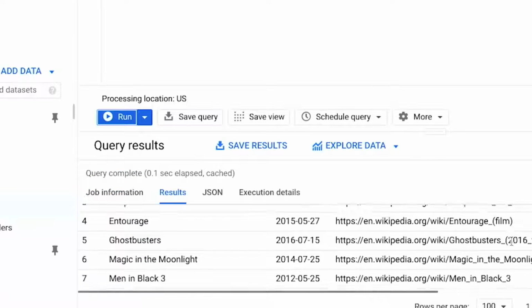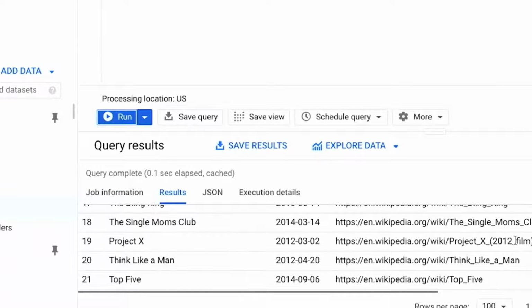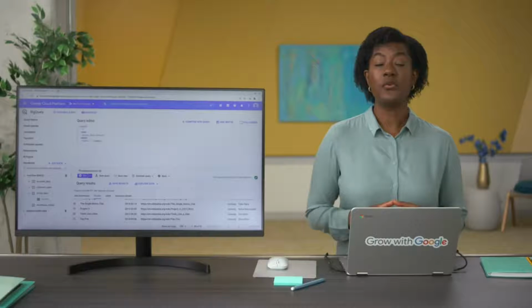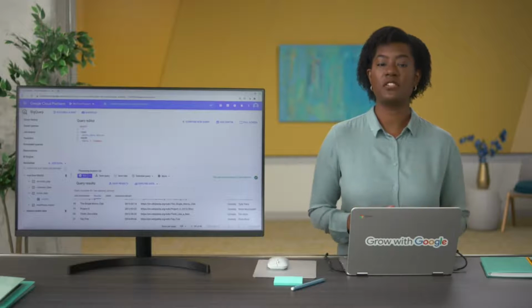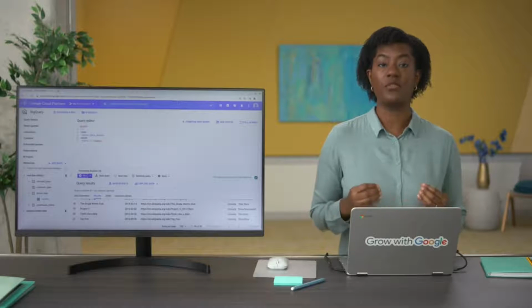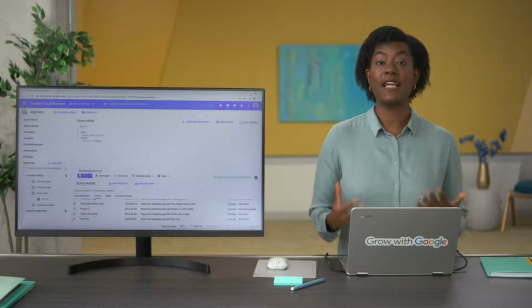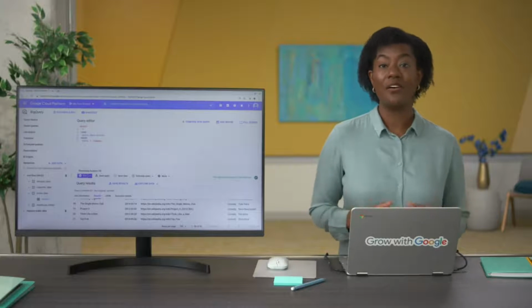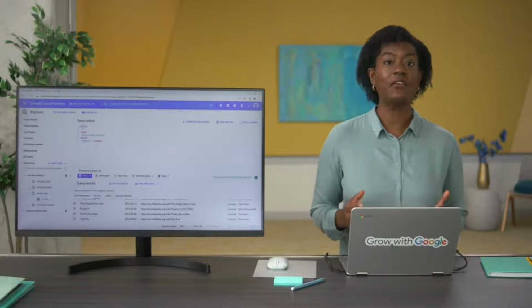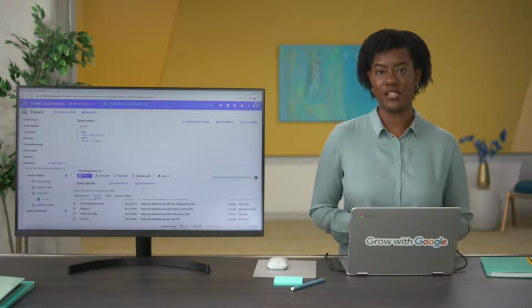What we're left with is a shorter list of comedy movies. Pretty cool, right? Here's something else that you should know. You can apply multiple filters to a database. You can even sort and filter data at the same time for even more precise results. As a data analyst, knowing how to sort and filter data will make you a superstar. That's all for now. Coming up, we'll get down to the nitty-gritty of sorting functions and spreadsheets. See you there.